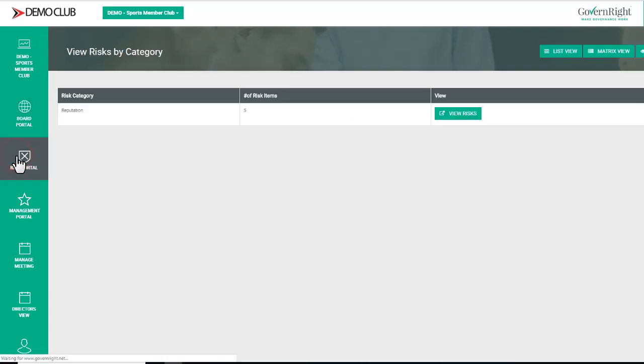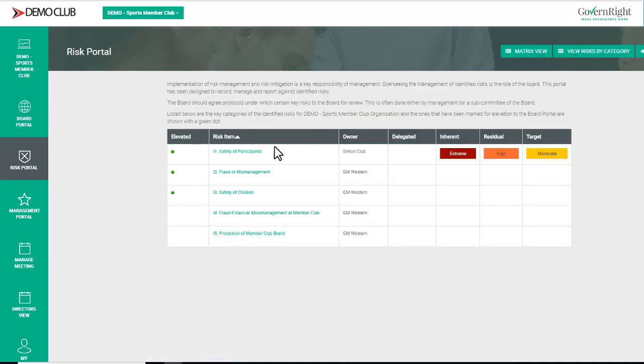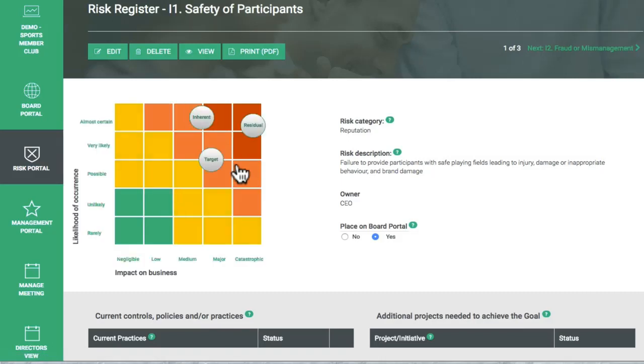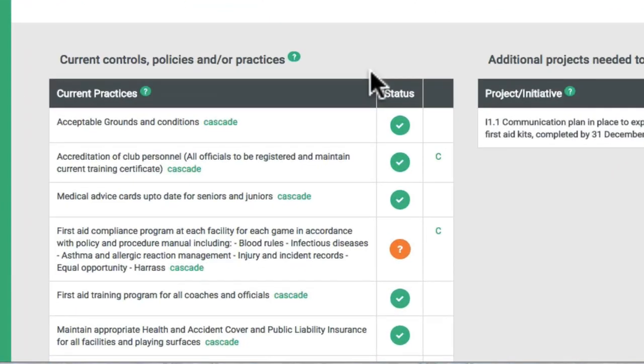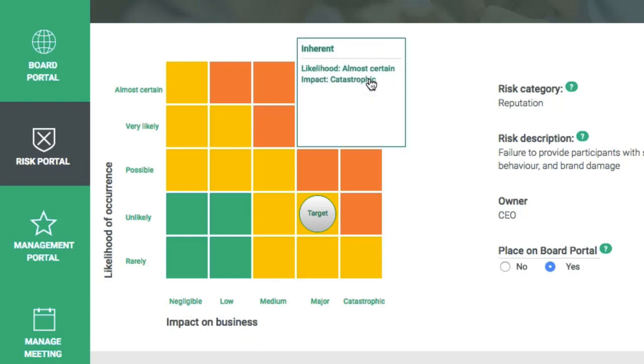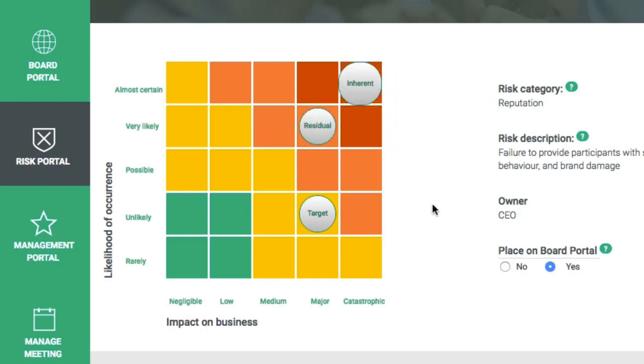The risk portal is most commonly used by a board risk subcommittee and management to identify, manage and mitigate in accordance with board risk appetite. For each risk, users can see the likelihood of the risk occurrence and the related impact on business, the status of current controls, policies and practices to address the risk, that is, move the risk from inherent to residual,